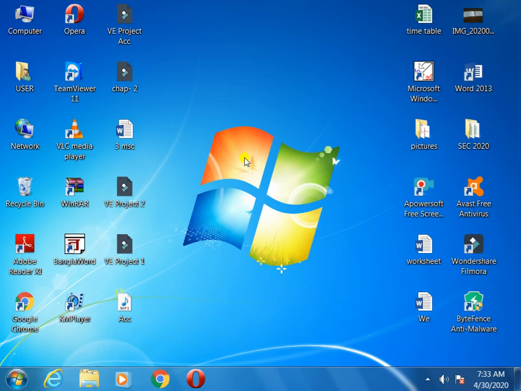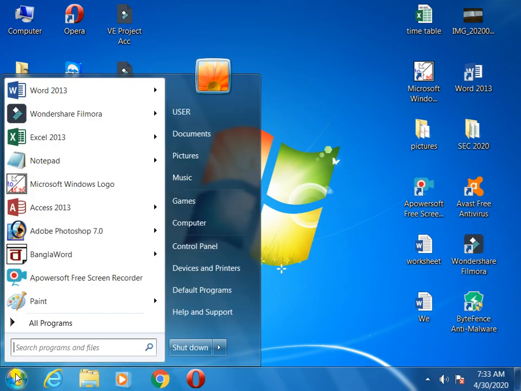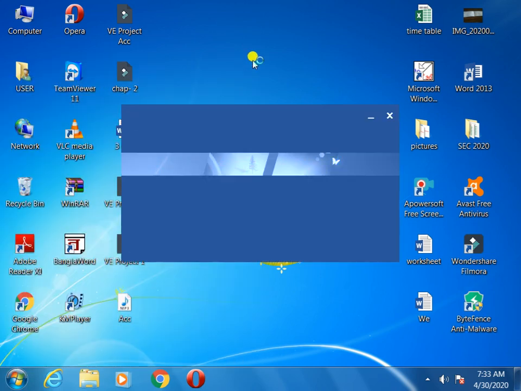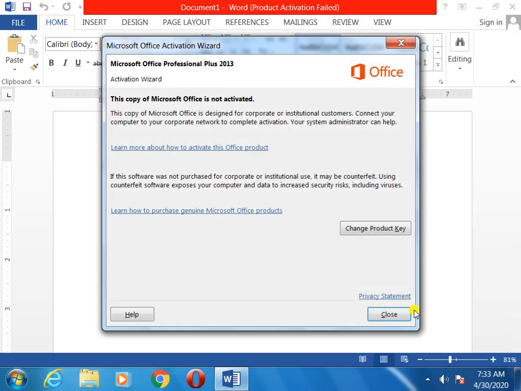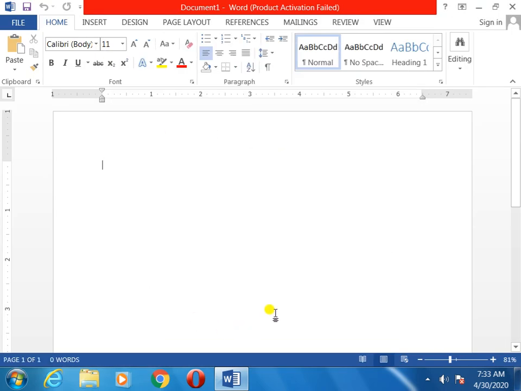Okay. So before that, open the worksheet. I will go to MS Word. Okay. Now I have opened it. Now I will type here. Now you are thinking how to make the column method.